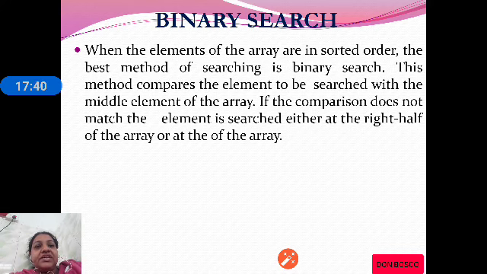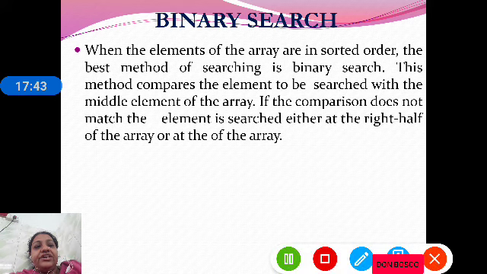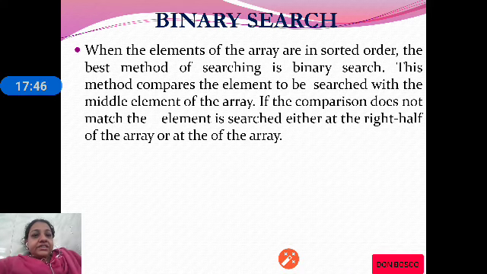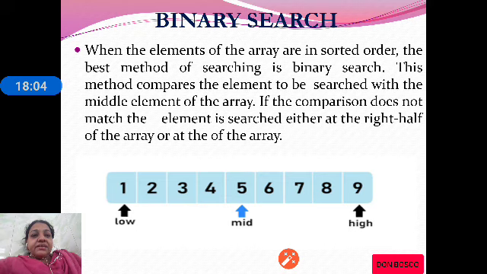In binary search, first the list is divided into two parts and we take the middle element. We compare the middle element with the searching element. If both match, we note down the position and the search stops. Otherwise, if the searching element is less than the middle element, then the search is conducted in the left part of the list. Otherwise, if the element is greater than the middle element, the search is conducted in the right part of the list.